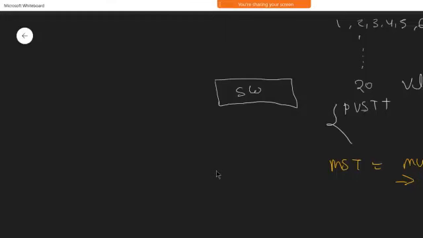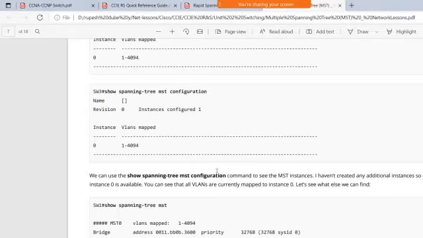First of all, you have to put one command, that is spanning-tree mode mst, and then you come inside with spanning-tree mst configuration.